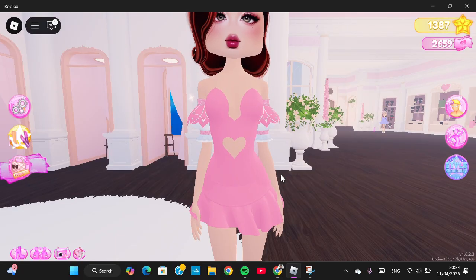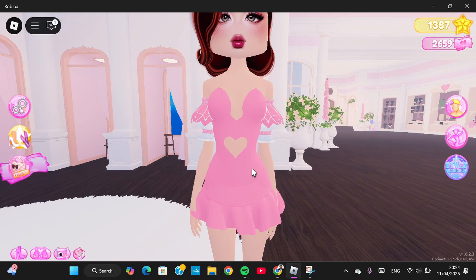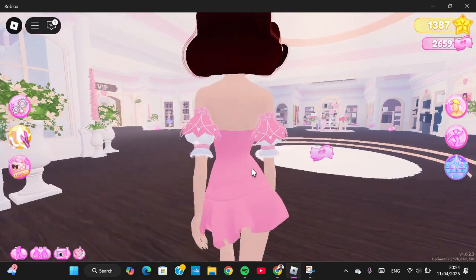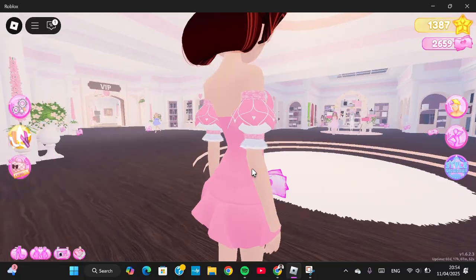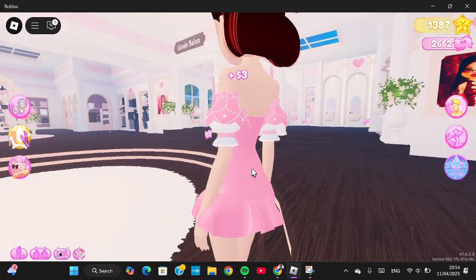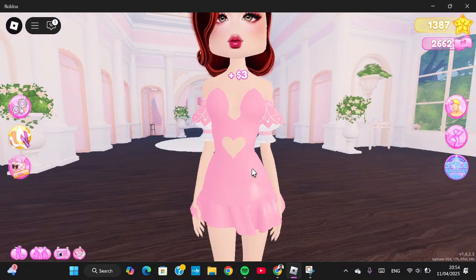Okay, this is how the dress looks like, and I'm sorry because I think there is an error. I have made it glitter, but the glitter is not showing up. But it will be so pretty if the glitter can appear here. Okay